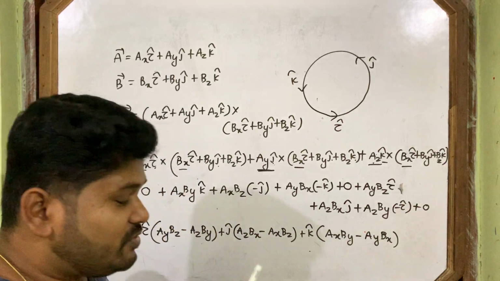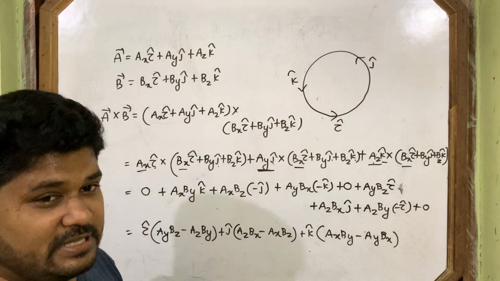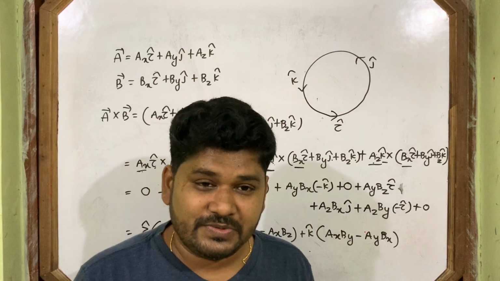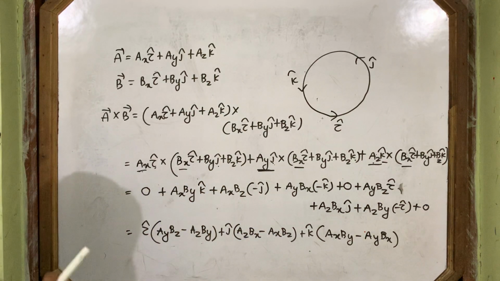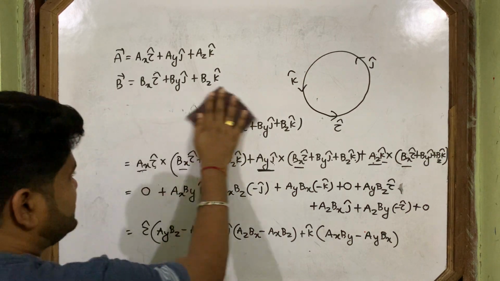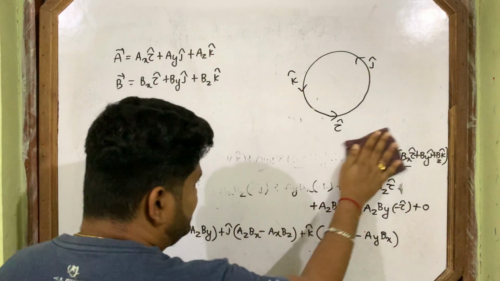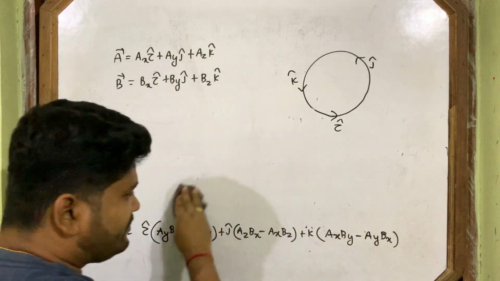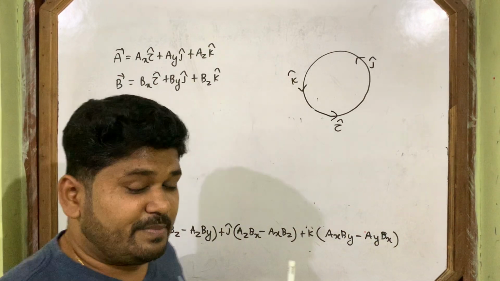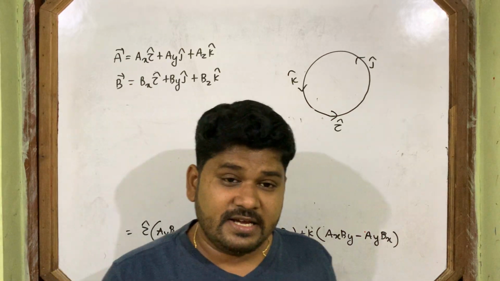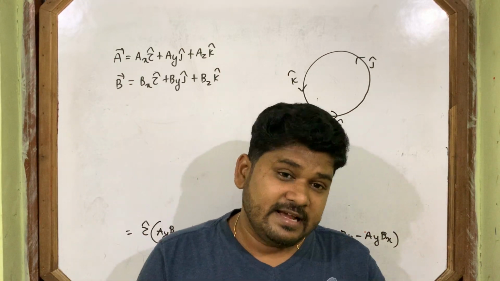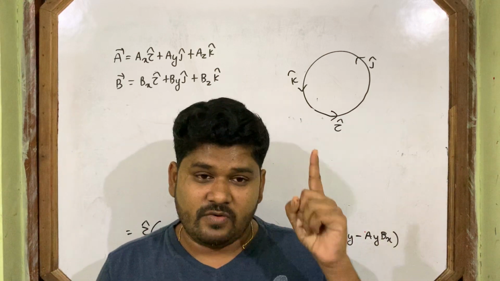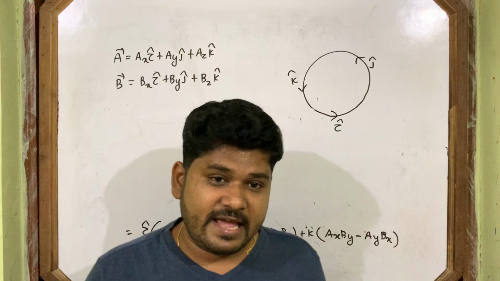So it is not required to mug up. If you remember the trick, then anytime, anywhere, anybody asks you, you will be able to tell the formula without thinking a second. So now I am showing you the trick to write this formula. Remember always the order is first i, then j, then k, then i. And in axes, first x, then y, then z, then x.